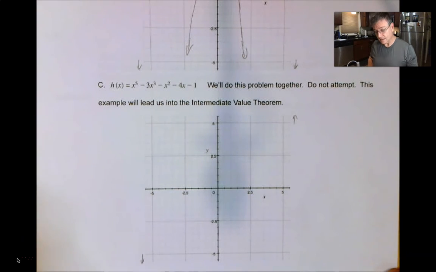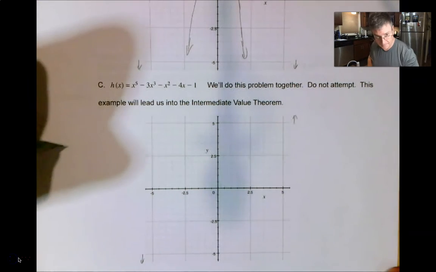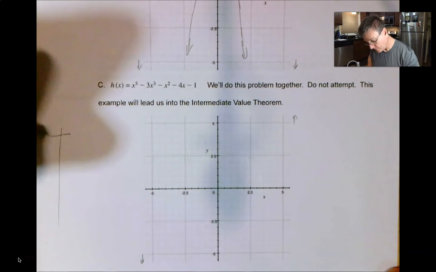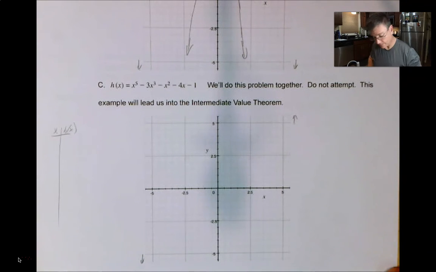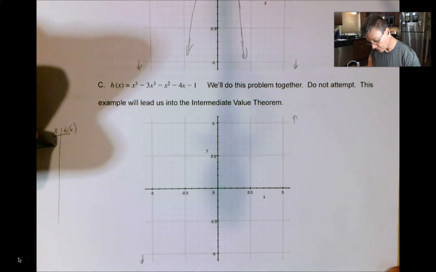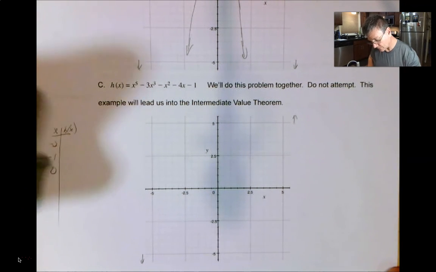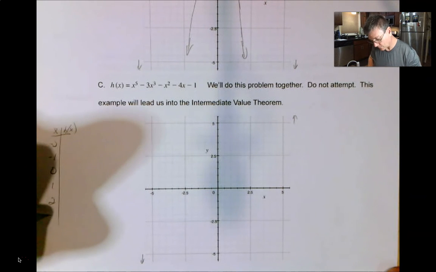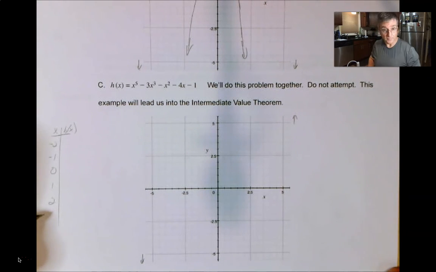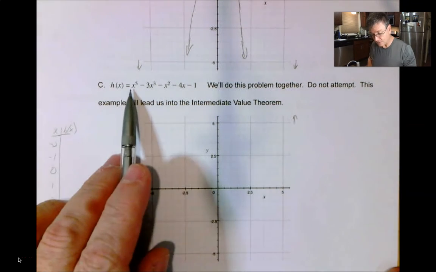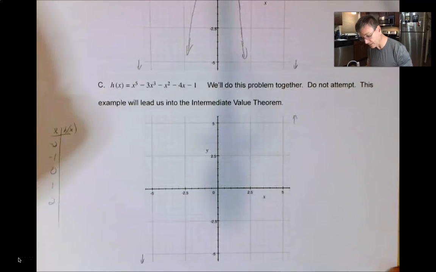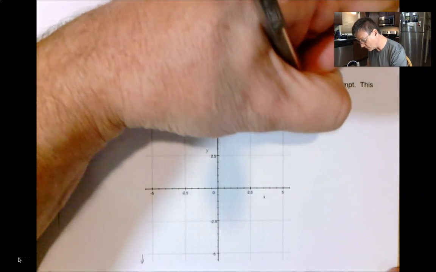let's take a look at a chart. What do I mean by that? I meant just a chart. X, h of x chart. So let's try values like -2, -1, 0, 1, 2. So we're going in increments of one unit increments here. Okay, so when I put -2 in, let's go off to the side here. So we'll do h of -2